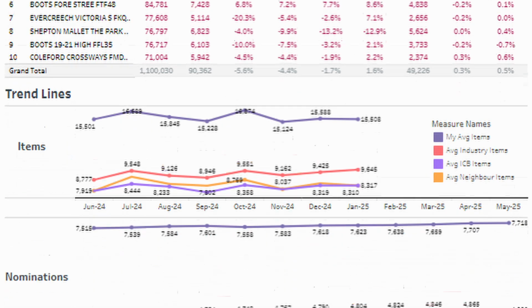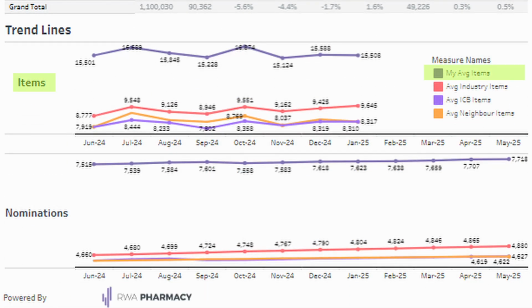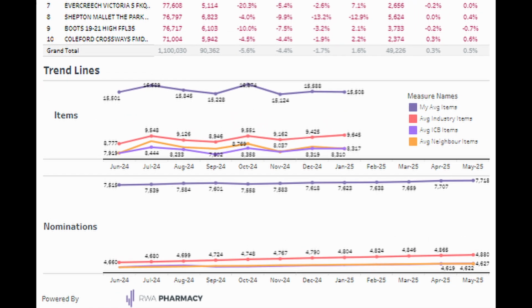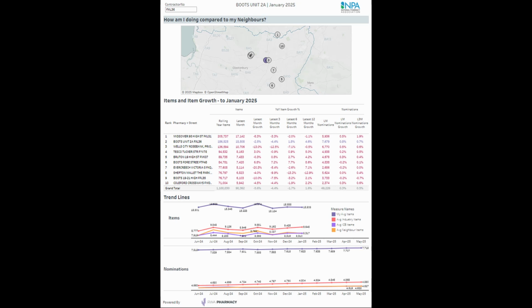Below the table, there's a trendline visual showing how your item numbers are progressing over time, compared to your local average, ICB average, and the national industry trend. This gives you context on whether your changes are specific to your pharmacy or part of a wider pattern. Below that, you'll see your nominations trend, which tracks how many patients have chosen your pharmacy as their nominated dispenser. You can see how you're performing in terms of nomination volume and growth compared to local competitors. Use this page to assess how competitive your position is in the local market and whether you're gaining or losing